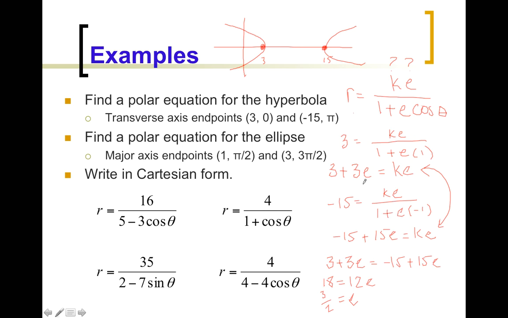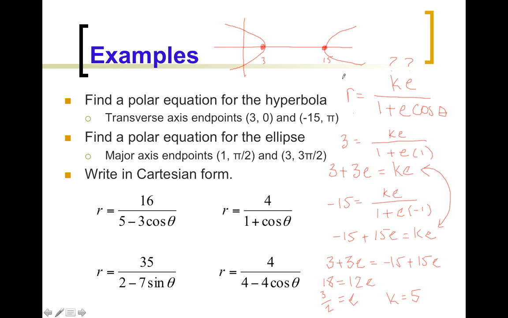Once you get e is 3 over 2, you can solve for k by plugging things back into your equation. And when you solve for k, you get that k is equal to 5. You plug in k, you plug in e,